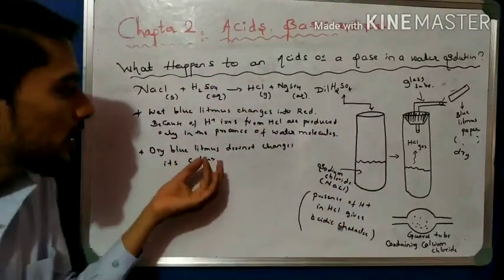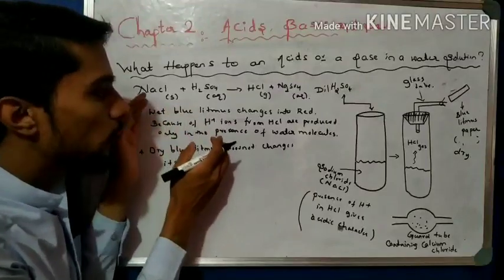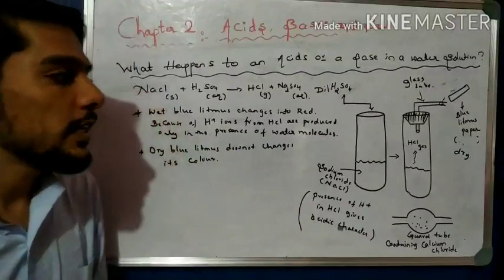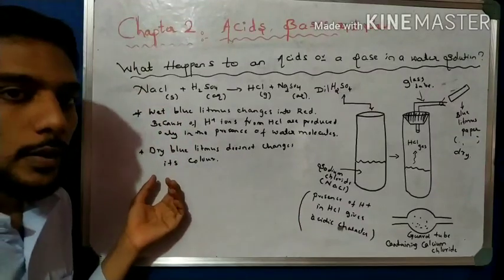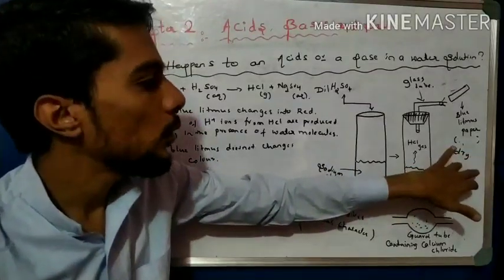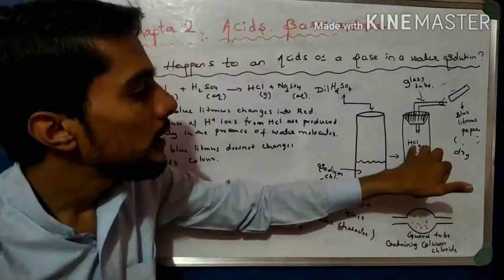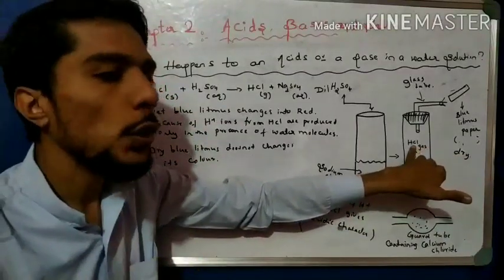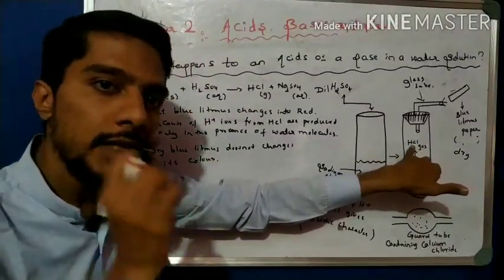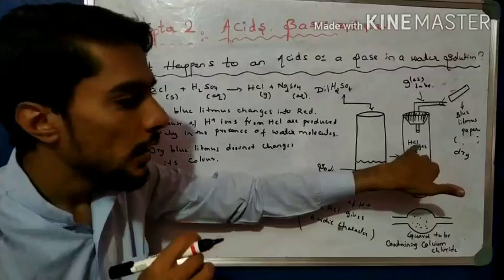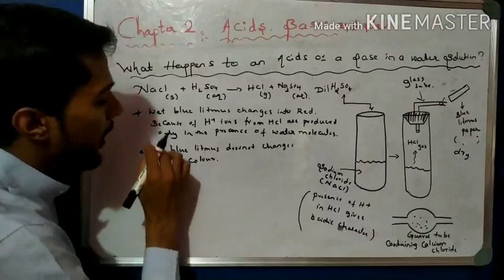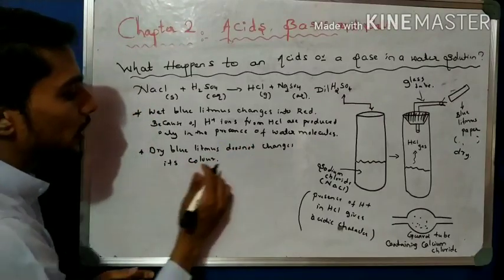Very important. If water molecules are present, there is acidic character; if water molecules are not present, there is no acidic character. In the dry blue litmus paper, dry means there is an absence of water molecules. In the absence of water molecules, HCl fails to show its acidic character. Why? Because if HCl wants to show its acidic character, it must show its H plus ions, and in the absence of water there is no production of H plus ions. So the answer is: dry litmus paper does not change its color